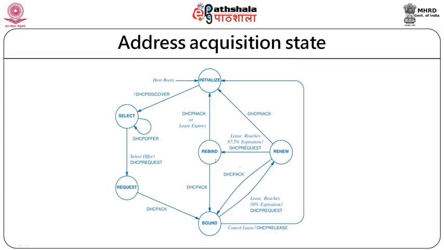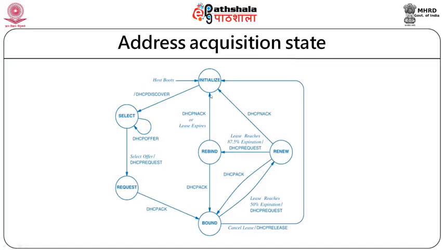So after the first timer expires, the client can move into the renew state. If a second timer expires before renewal, then the client can move into the rebind state, and if the final timer expires before the lease has been renewed, then the client stops using the IP address and returns to the initial state to obtain a new IP address.